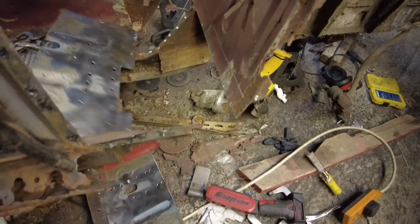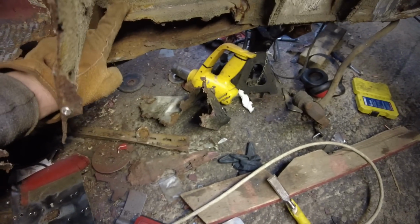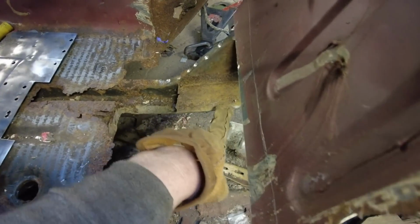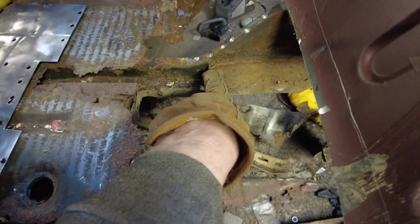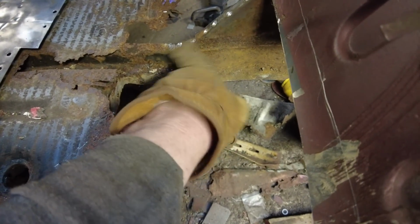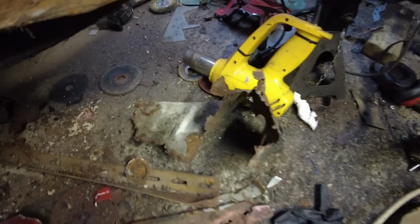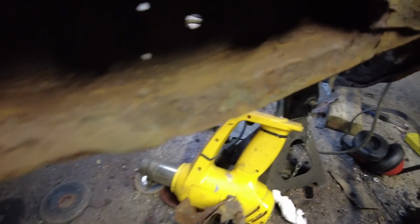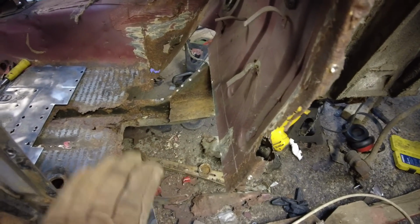Yeah. You just seen? I've just cut all the scrap out now. So that's all cut out. Here's the inside of the chassis that I'm just removing. I need the inner wing piece that sits here on the end. But before I actually weld that in, I need to do something with this because it is quite badly corroded. It's also got a small hole in that corner. I should be able to just clean it up, weld that up, grind it off. However, when you actually look at the rust inside the chassis, you can see it follows all the way up, surface rust. So I can now say 100%